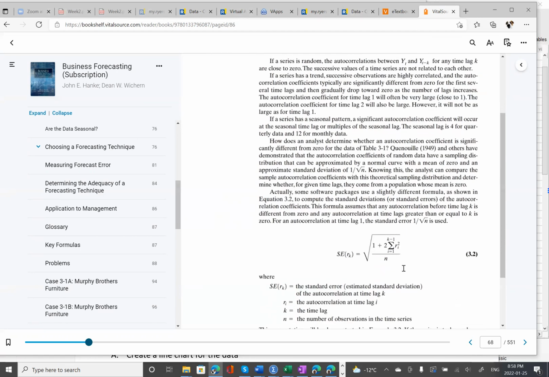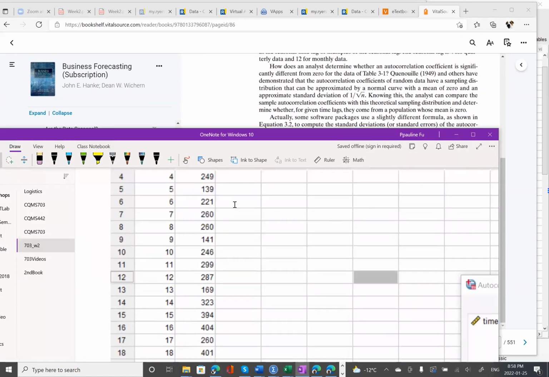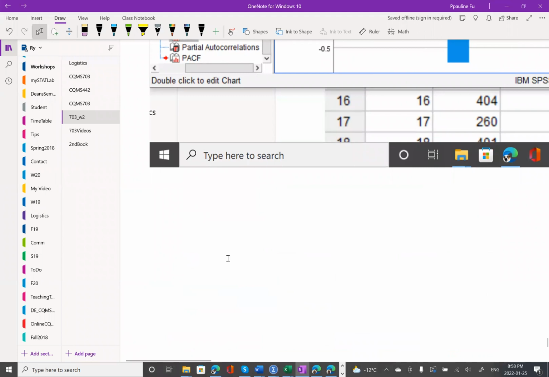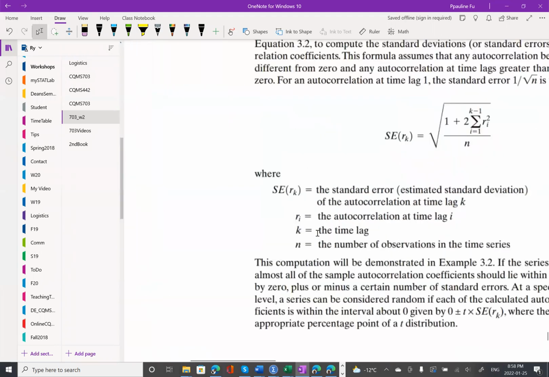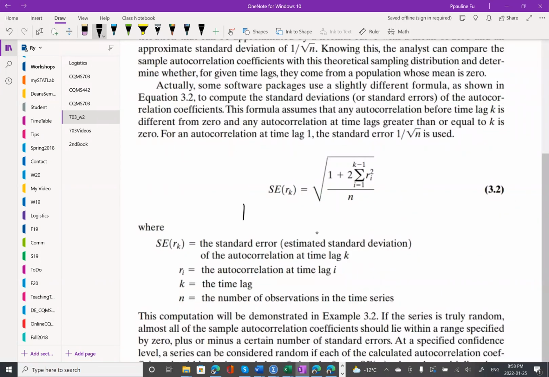Okay, we need this formula here. I'm just going to copy this formula to calculate the confidence interval estimate for autocorrelation. So in this formula, when k equals 1, the standard error for r1 equals, this actually goes to